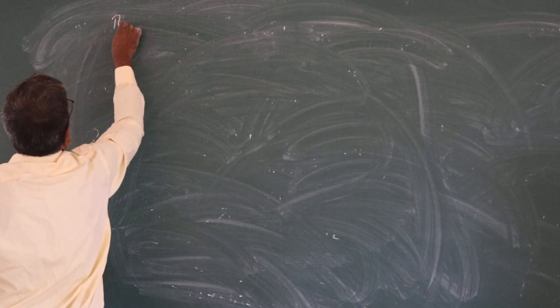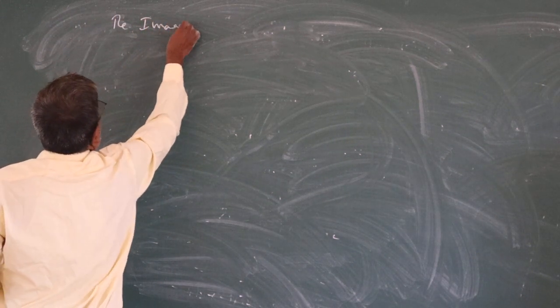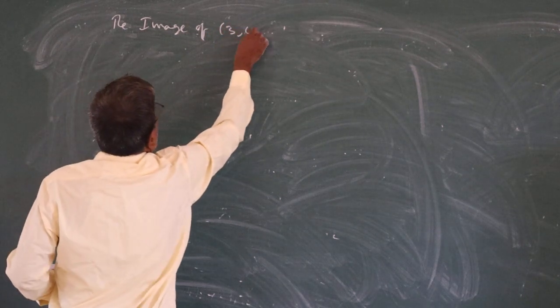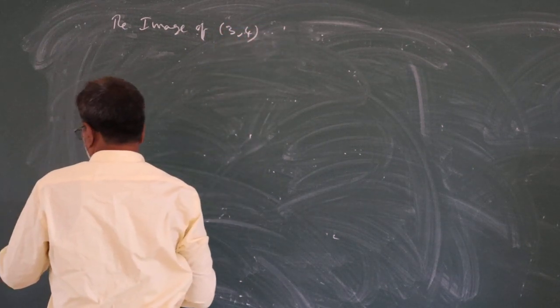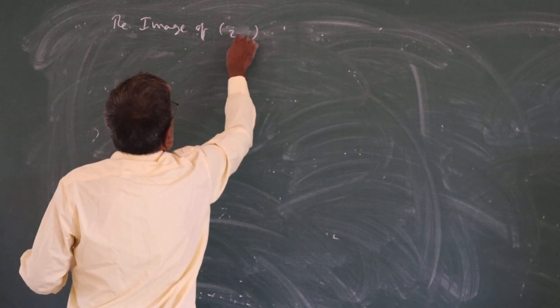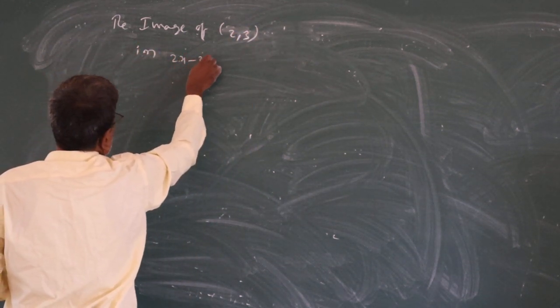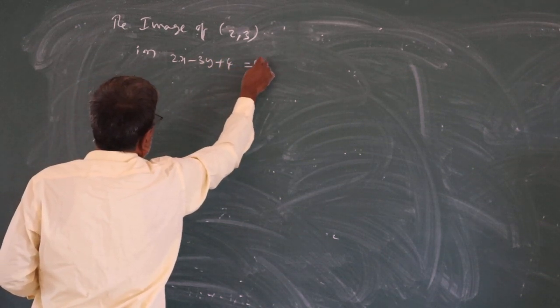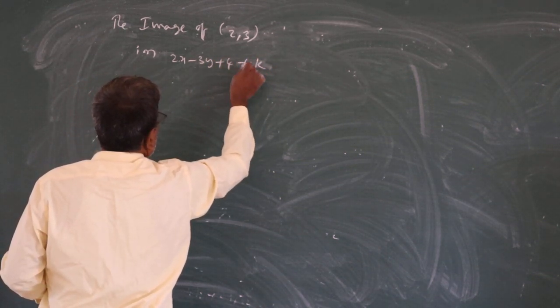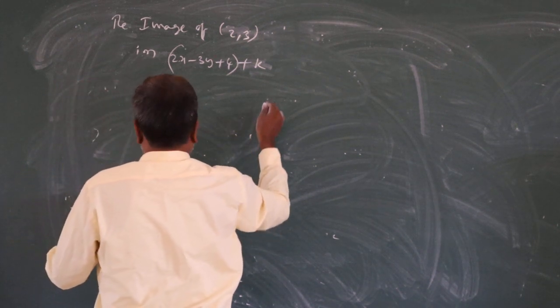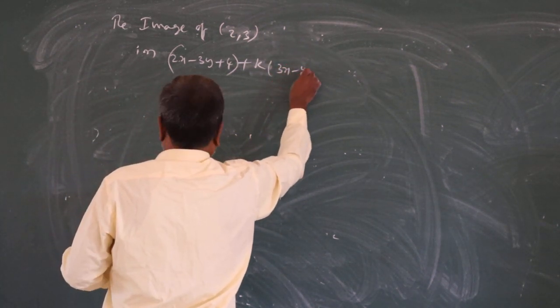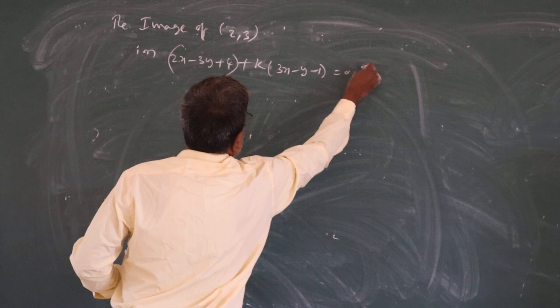The image of (3, 4), the image of (3, 4) in the line 2x - 3y + 4 + k(3x - y - 1) = 0 is...